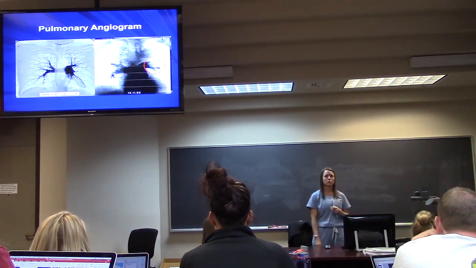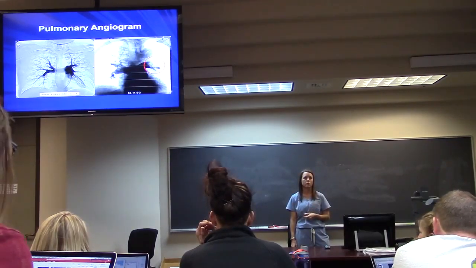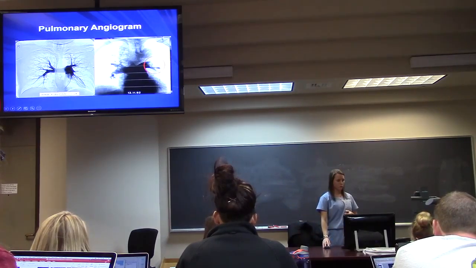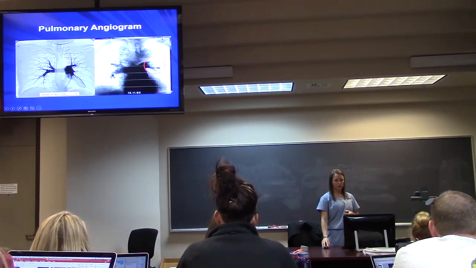Pulmonary angiography is the gold standard. We don't do them very often because, again, they're invasive. There's lots of contrast. But it gives you a very pretty picture of the pulmonary vasculature. Again, you can see all these pulmonary arteries going all the way out, looking very pretty. Over here, it just stops. And that means you've got a large clot